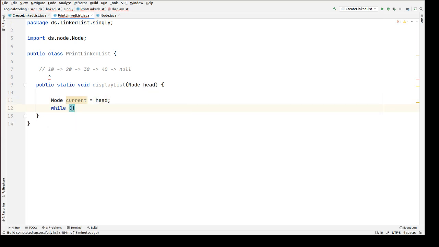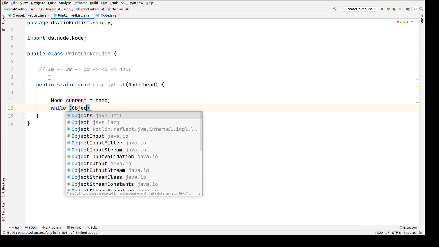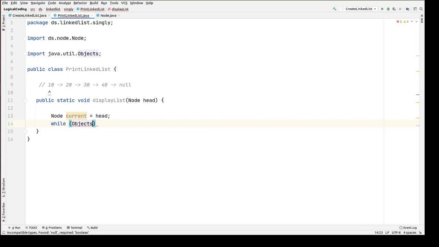Now the next part is we have to iterate each of the nodes. So first we will be checking whether this current is null or not. So let's check that: current is not equal to null. Instead of doing this manually, we can use utility classes which take care of checking null values.